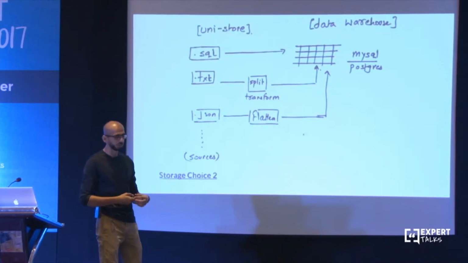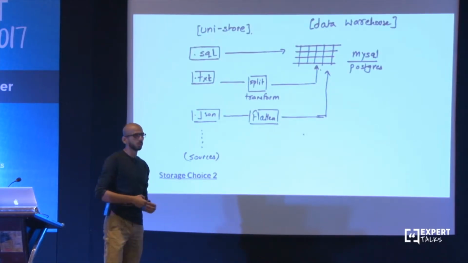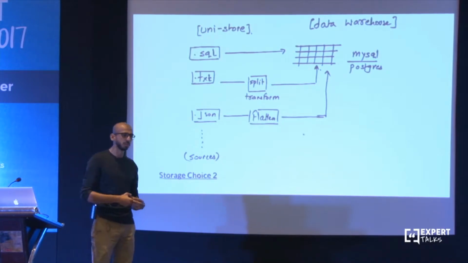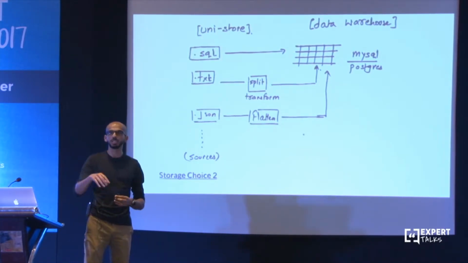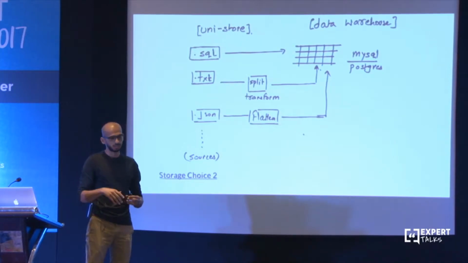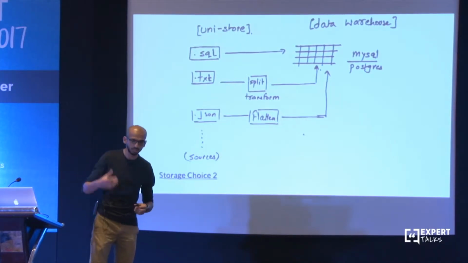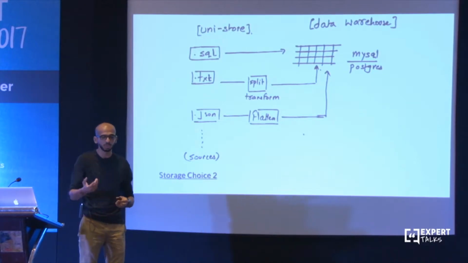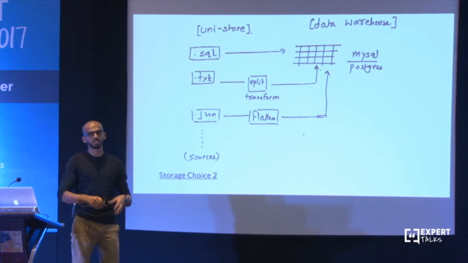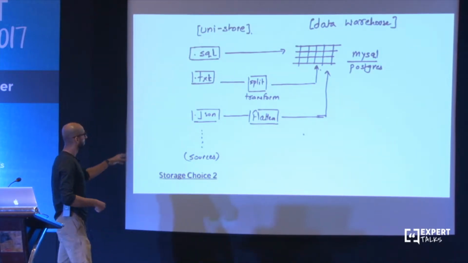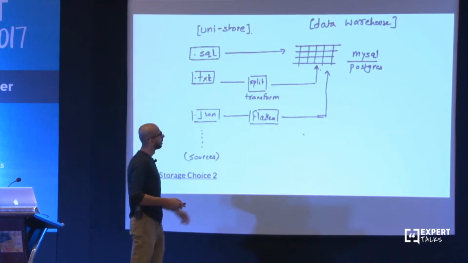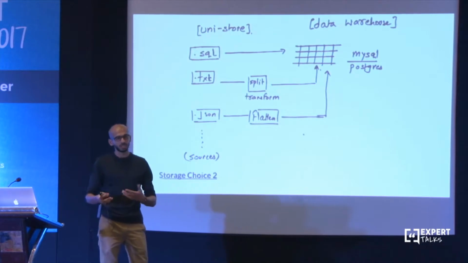Storage choice 2, you say that, okay, I don't really care about all these different choices of data sources. One database is good enough, so I'll take my existing solution like MySQL or Postgres because they scale well up to say 6 terabytes of data. I've read that in documentation, it works well, I've seen it somewhere as well. So let's dump everything into that database and we'll bother about it later. Now, over here we're putting everything into that simple thing and we call it a sort of a data warehouse.